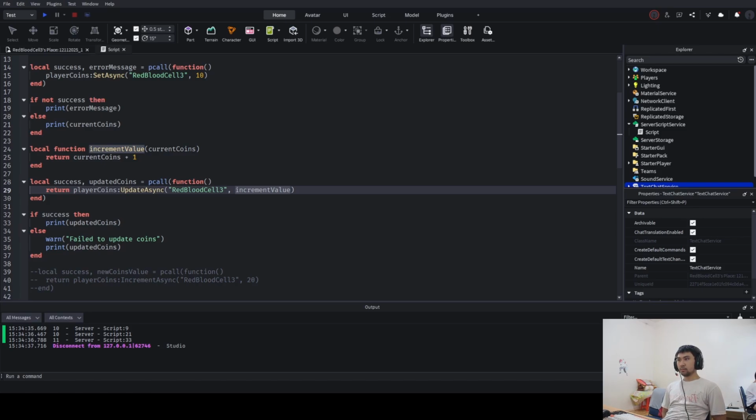Oh, sorry, I'm still in testing mode. What if we had two set asyncs happen at the same time? There's probably going to be some inconsistencies here on which one is going to set first. It's probably going to be 100. It might be 50. We don't even know because this one might go faster than this one. So there's an inconsistency when it comes to that, but it's definitely a quicker solution to the problem that we're